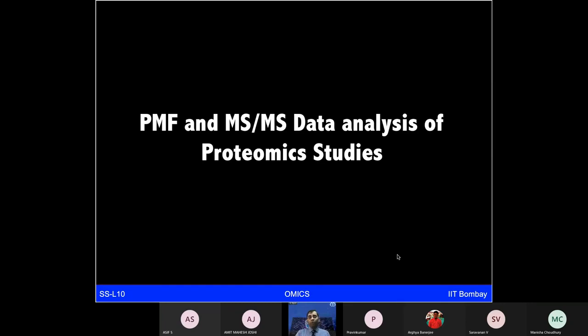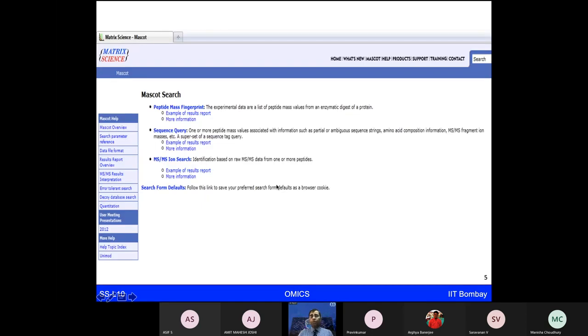So what we are talking about is, whatever sample we have run in the mass spectrometers, the output of that data, how to process that data using some software. So this PMF stands for peptide mass fingerprints. MSMS, you remember the b and y ions which we generated with those collisions, and that results in the peptide sequences. So I'm just showing you a couple of slides to give you an idea for this software.